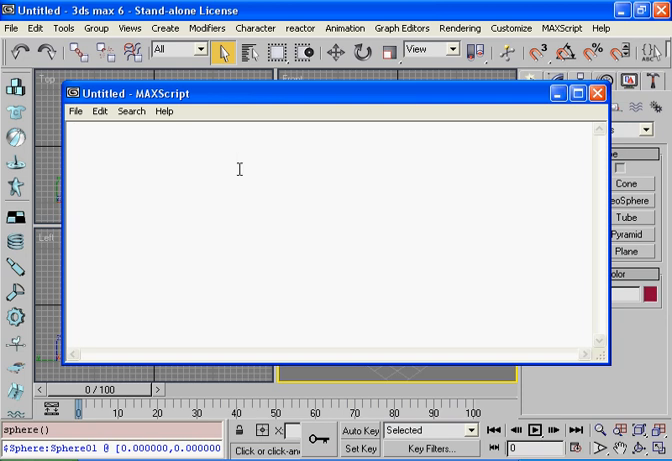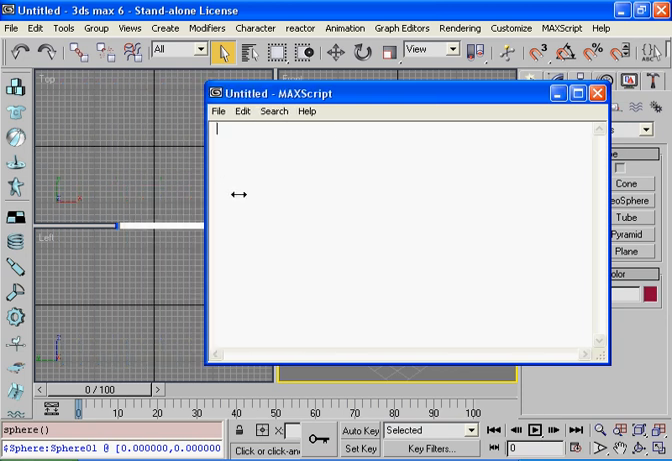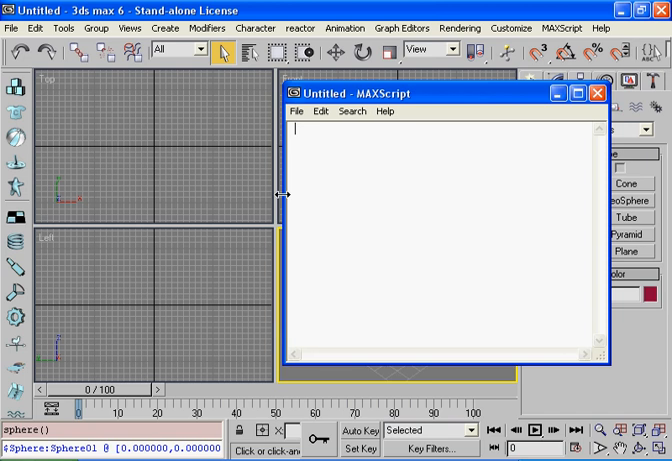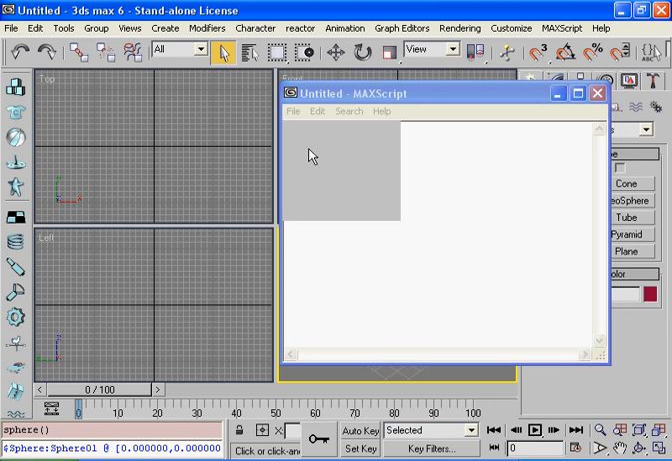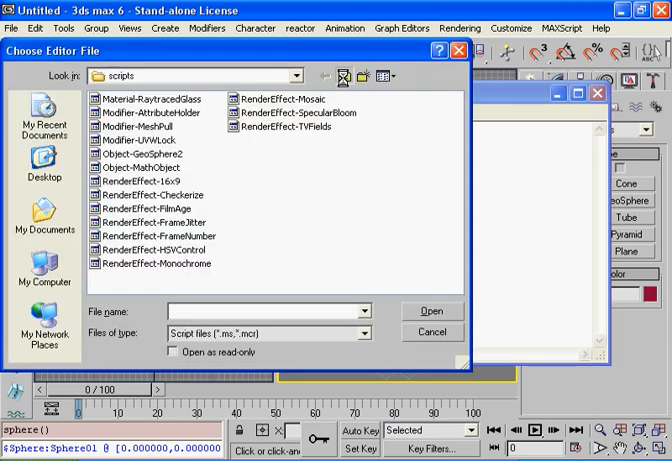Okay, so as I said, we're going to go through and create a simple script. Now what this script does is basically just brings up a dialog box with some options in it, and lets you go through and specify some values to create objects. So we'll just have to take a look at that script quickly now before we go through and actually create it. So if we just open up sample,